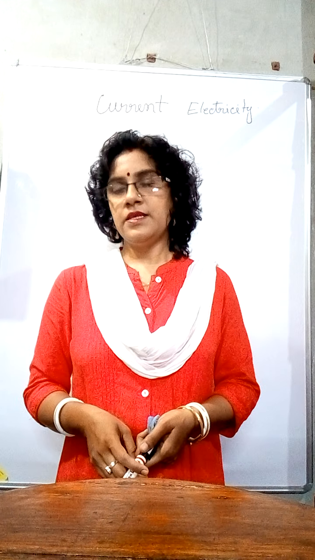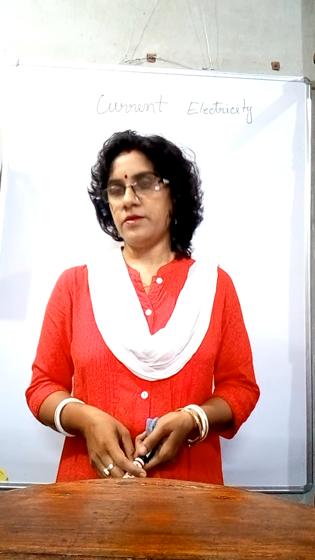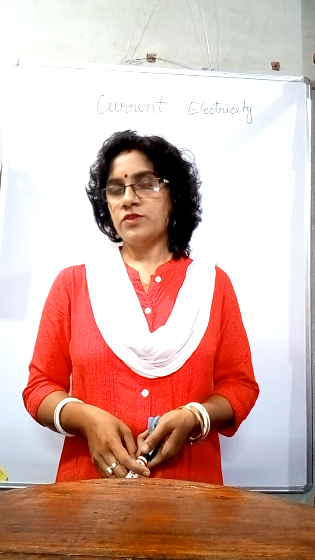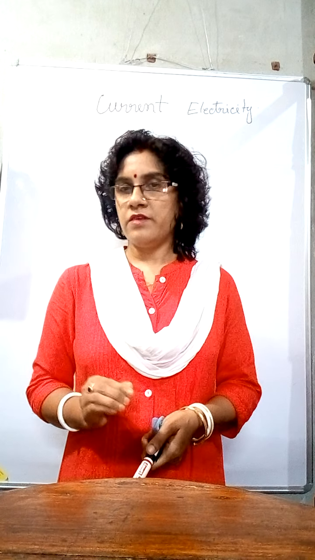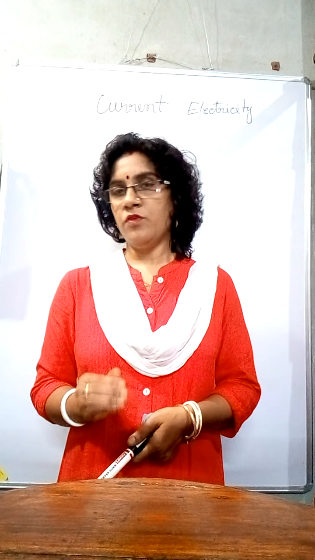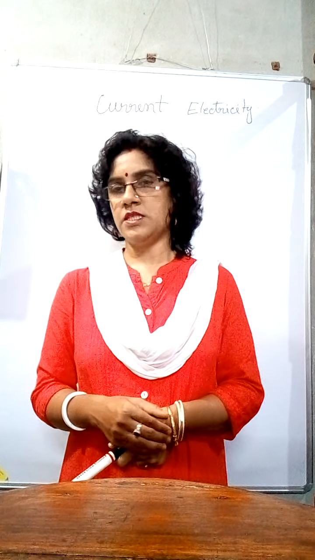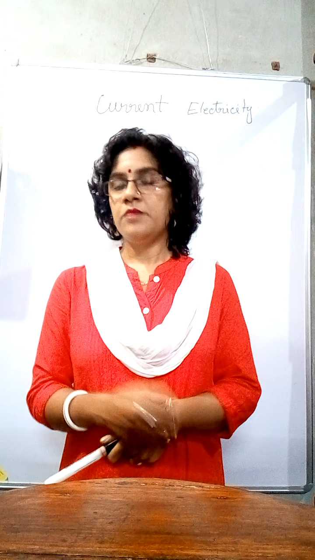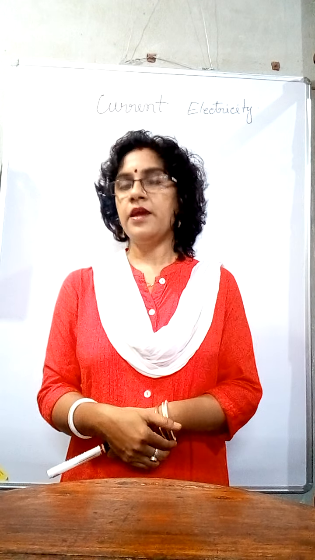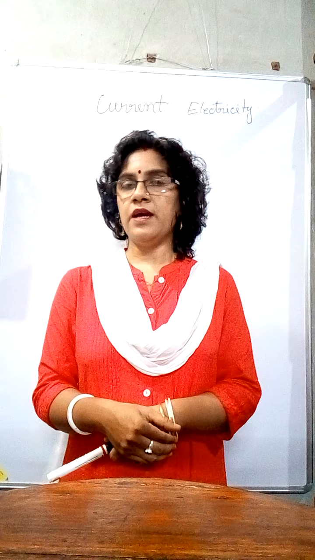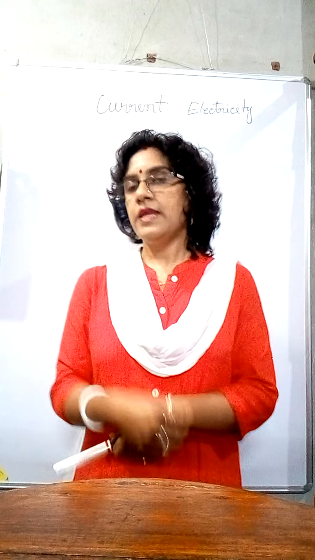In static electricity, the charges are at rest, but in current electricity, the charges are in motion. The motion of the charge is also of two types: constant velocity and variable velocity. When the charges are moving with a constant velocity, the branch of physics which deals with the motion of the charge is known as current electricity. But when the charges are moving with variable velocity, that is, acceleration is there, then magnetism will be involved, and the branch is known as electromagnetism, which will come after the chapter current electricity.